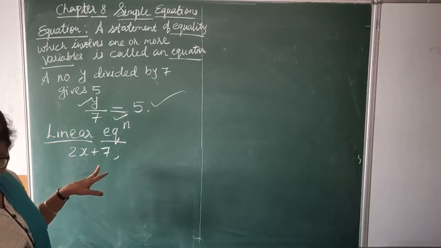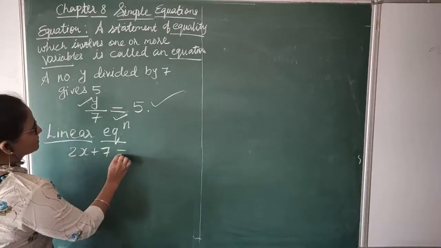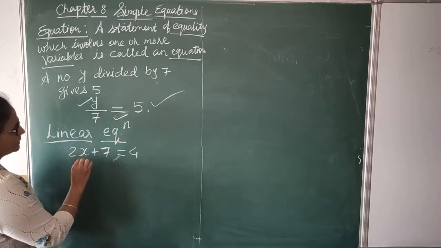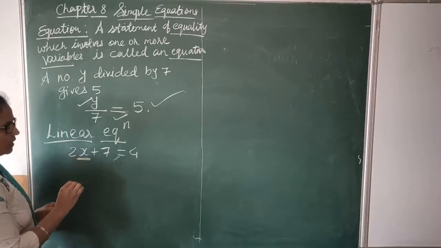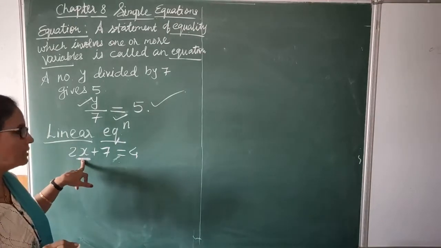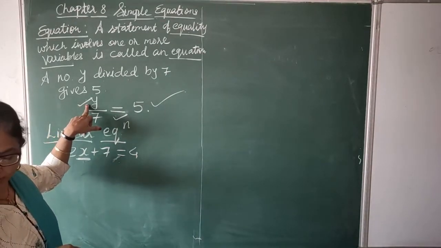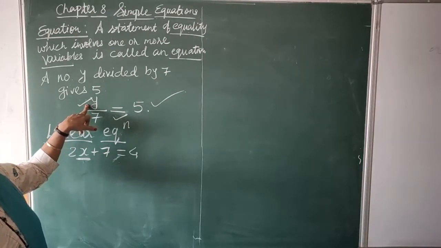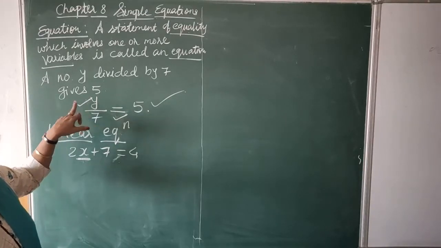Now let's, here in this chapter you have to find 2x plus 7 is equal to 4. Okay, now this is equation. So in this lesson we have to find the value of the unknown quantity. Unknown quantity means the one whose value we do not know. And what is the unknown quantity? Here in this example x, and here in this example y. So here we shall study the linear equations having only one variable, or you can say unknown quantity.